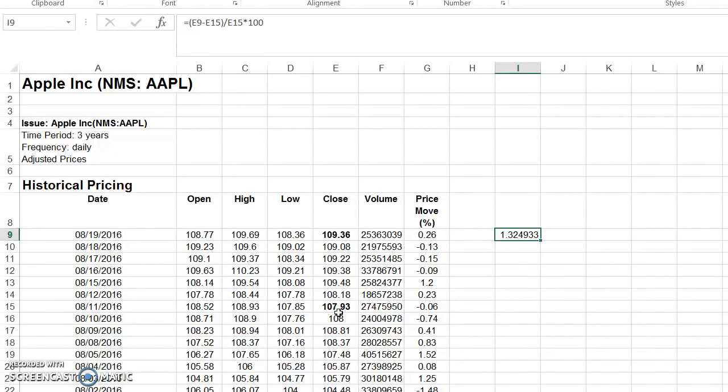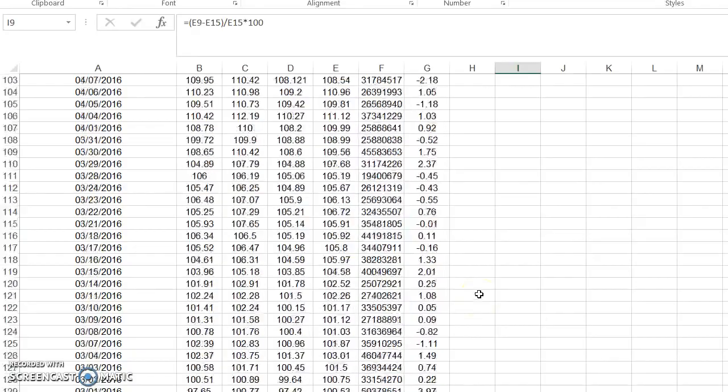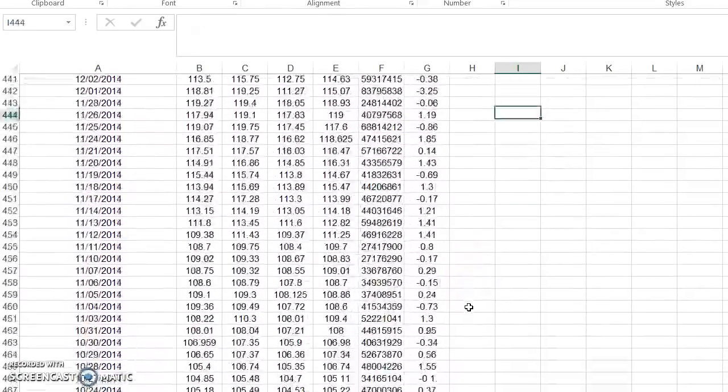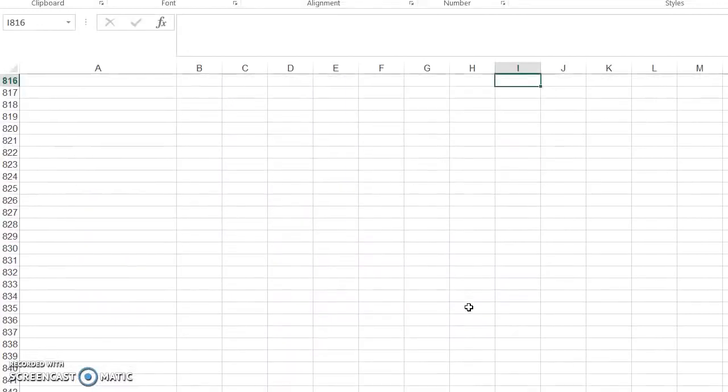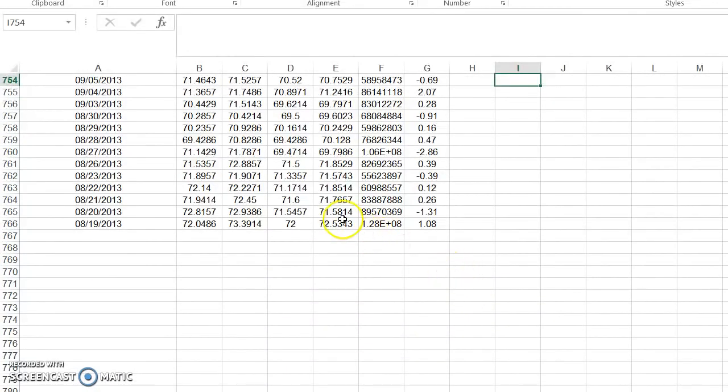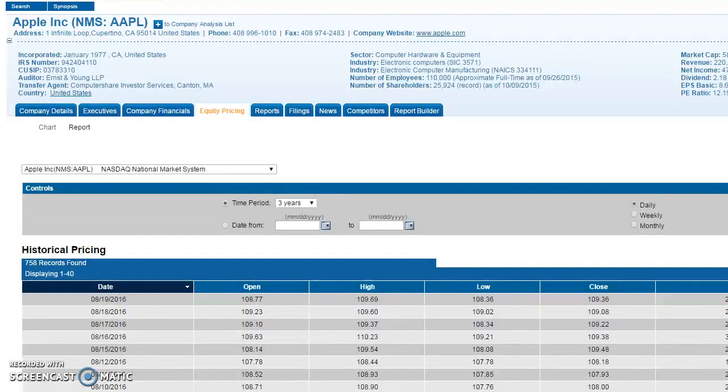Apple's stock price closed on August 19, 2013 at $72.53. The 3-year rate of return is 50.77%. To download financial statement data, let's go back to Mergent Online